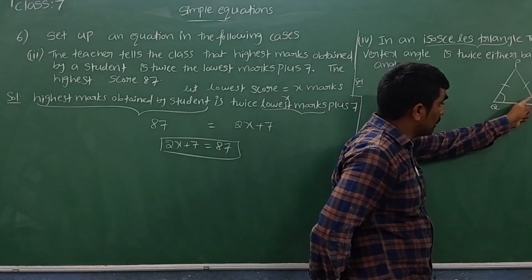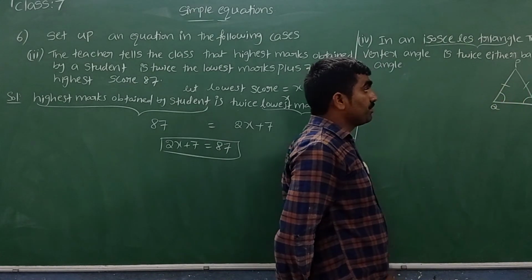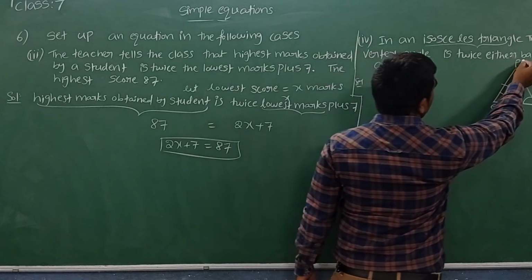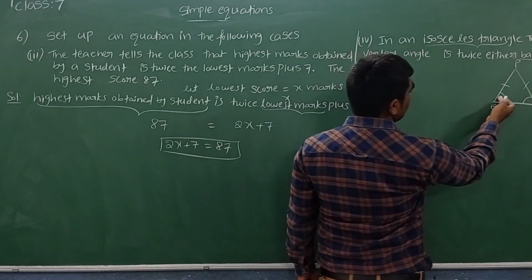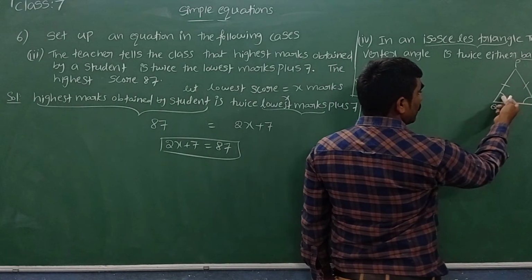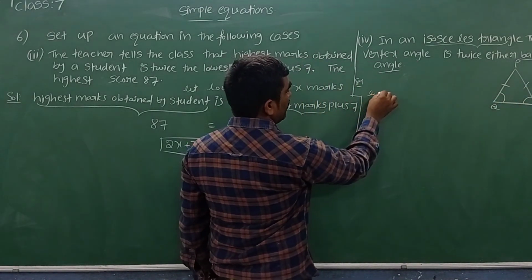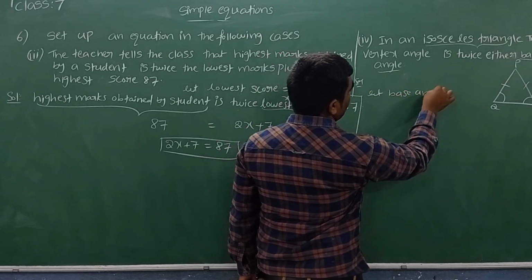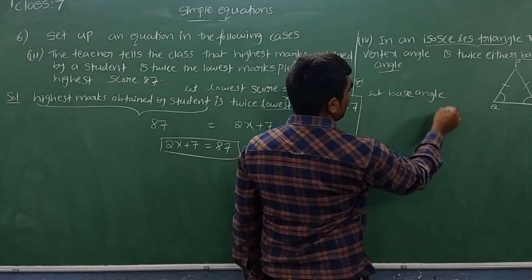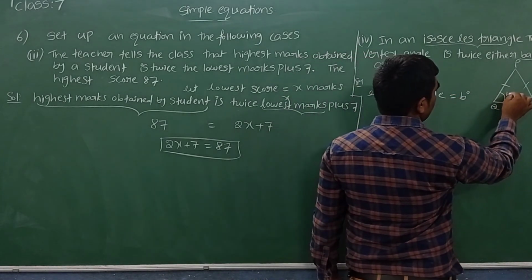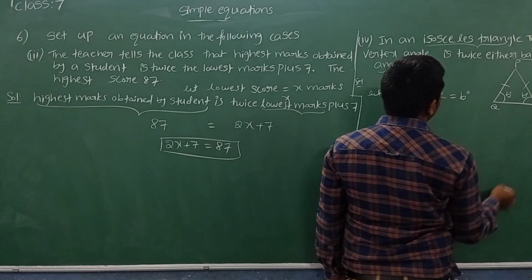Suppose if it is 50 degrees, this also is 50 degrees. Opposite angles are equal. See, first what is the base angle, we don't know. These two are the base angles. Both are equal. The reason is they are opposite to equal sides. Now we'll take the base angle. I am taking the base angle as some b degrees. How much is it? b degrees. Even here also it is b degrees.